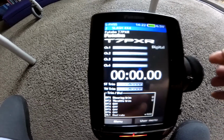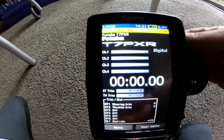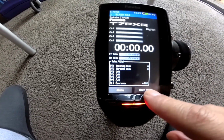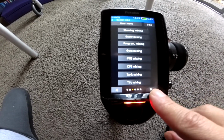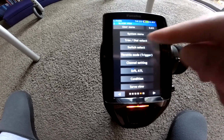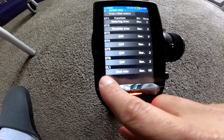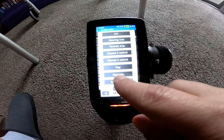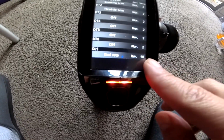How I set my dual rate to this knob right here. So to set it up, we go into menu, go over, going over again, till you see trim/dial selection. Click that. This knob is DL1. I gotta set the dual rate. So you just click that, and all you do is click on dual rate, and you change this number over here to how